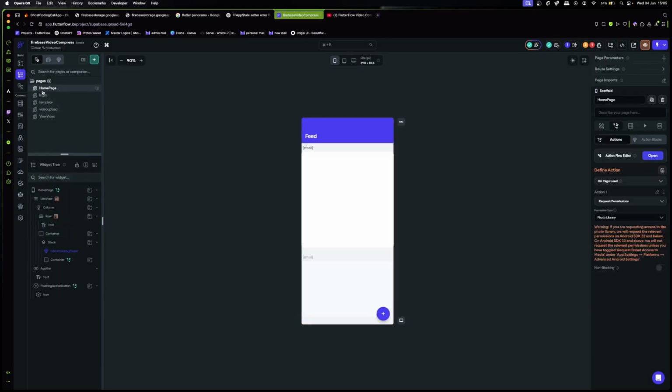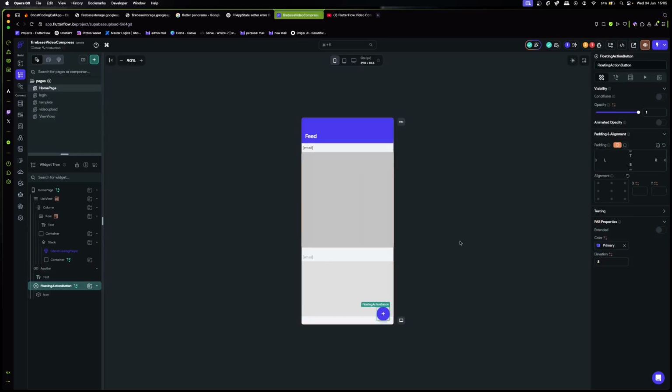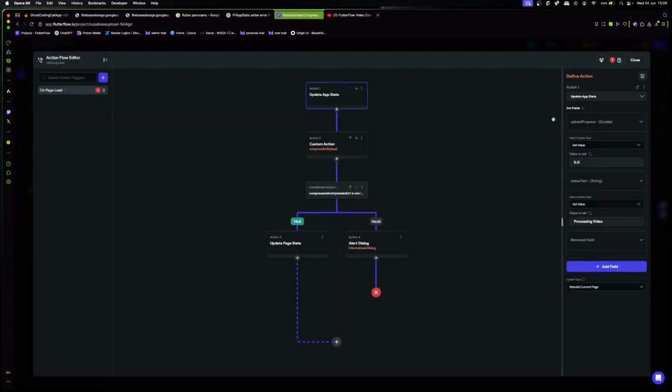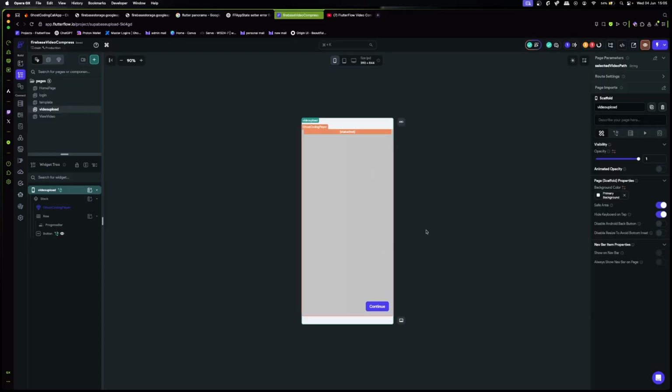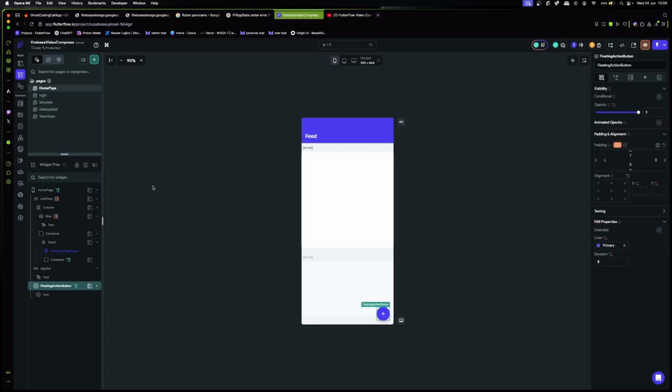Well, let's first go straight from scratch. On my feed page, I have a button, and from here I'm going to select my video, after which I'm then going to navigate to... let me just see. Okay, I can just remove that, that's fine. All right. So after selecting the video, I'm going to navigate to my video upload screen.